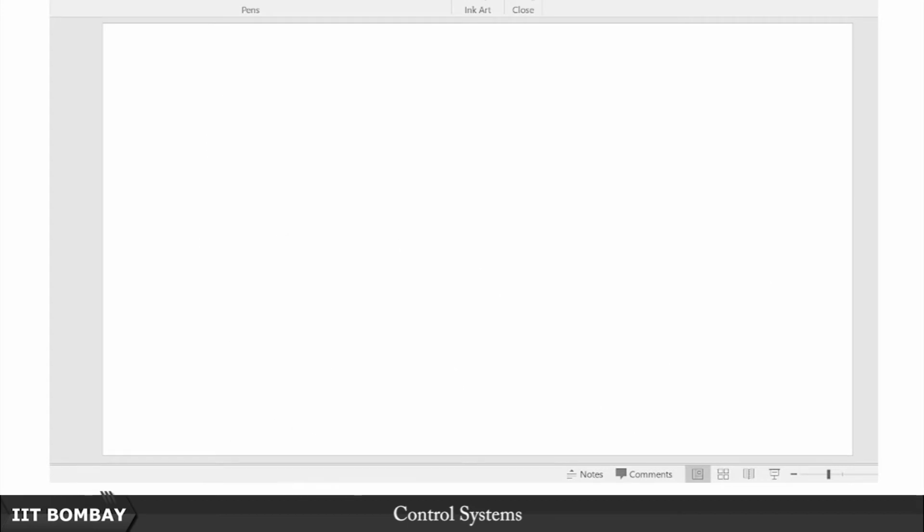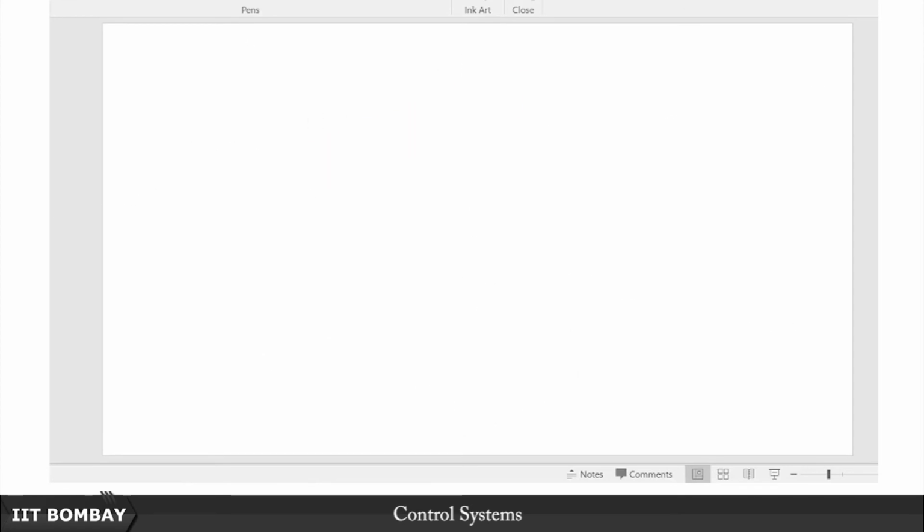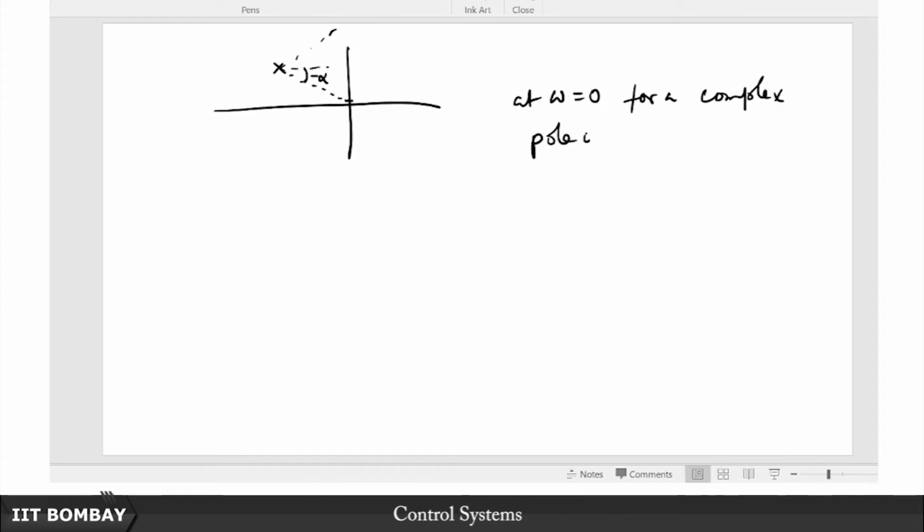Now of course this is for a real pole. I have not yet shown what happens for a complex pole. You might argue that for the complex pole, if I consider this pole individually, at omega equal to 0 this is some minus alpha, and at omega equal to 0, for a complex pole on the open left half plane, the angle of j omega minus, say the pole is pk,